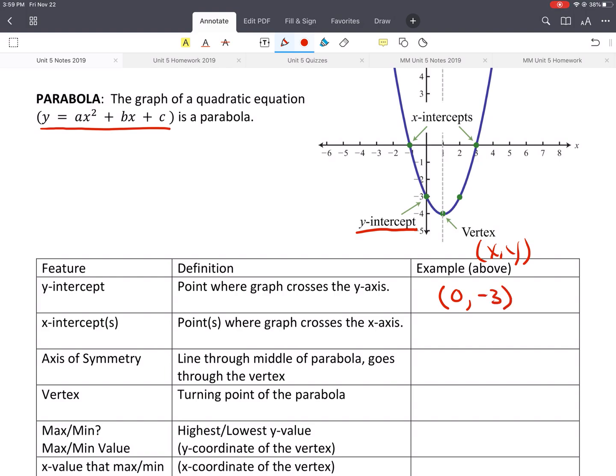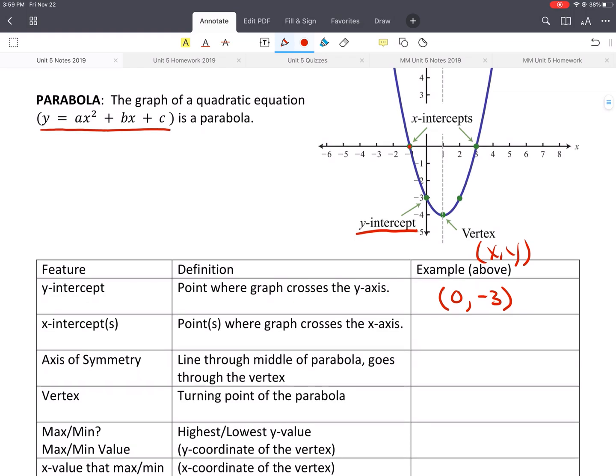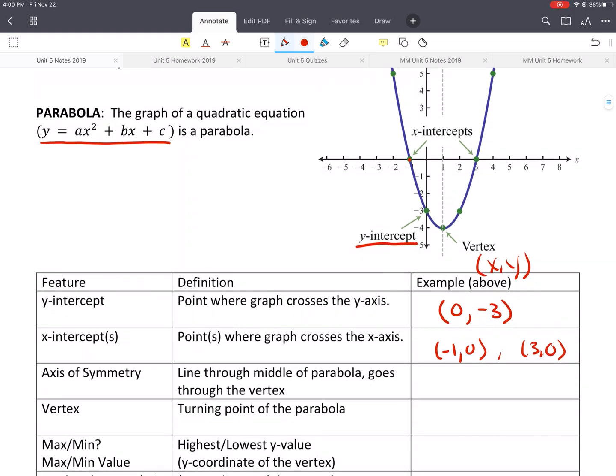Okay, x-intercepts, those are the points where the graph crosses the x-axis. Looking at this, these are labeled here. One is at (-1, 0), and the other is at (3, 0). And I like to make a point that we have a parenthesis for x-intercepts because sometimes there's 2, oftentimes there's 2, but there's also examples where we could have 1